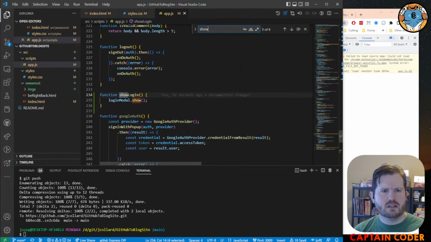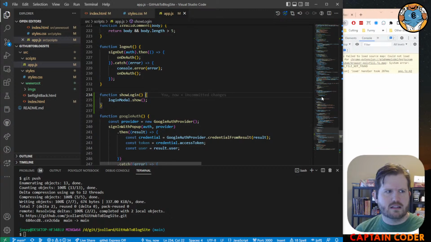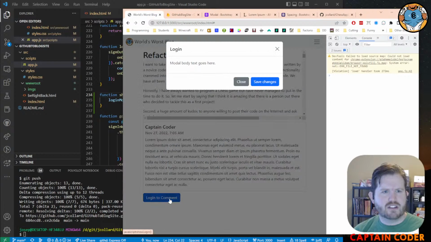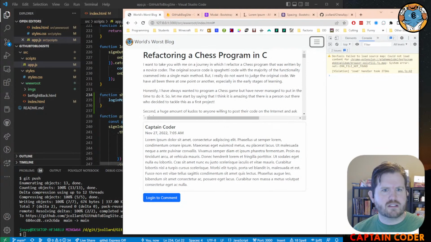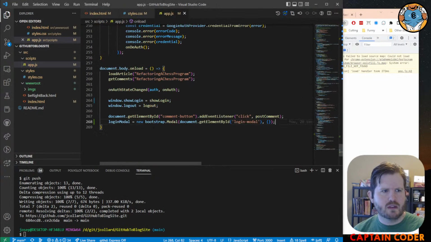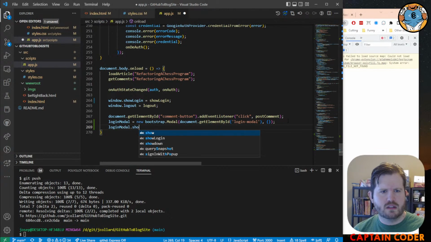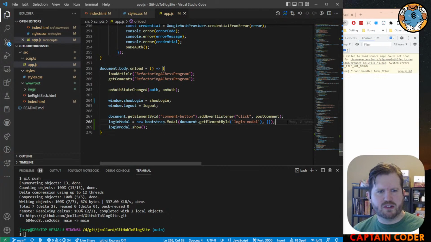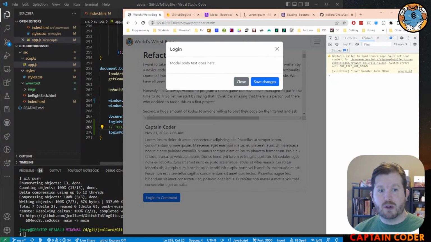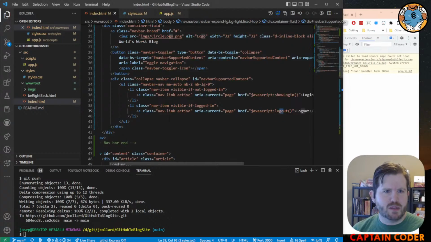Oh, show login. All right, so now ideally if I click login, cool. So this thing here, I'm gonna list the different login options you have, and this should also pull that up. Okay, so inside of this, just for now I'm gonna put a to do here. To do: remove. This is just so each time it reloads, I'll have my modal there so I can just keep editing it. But the idea here,